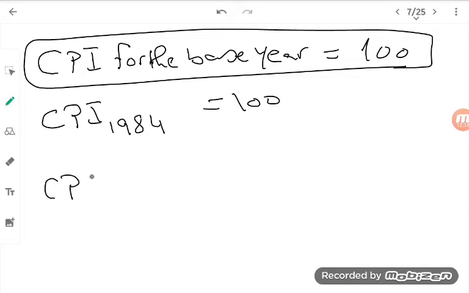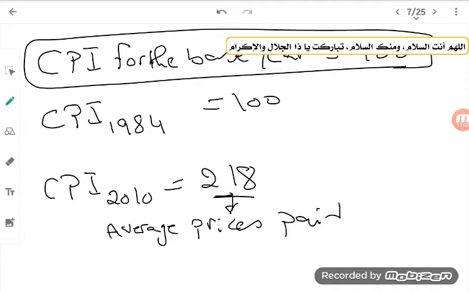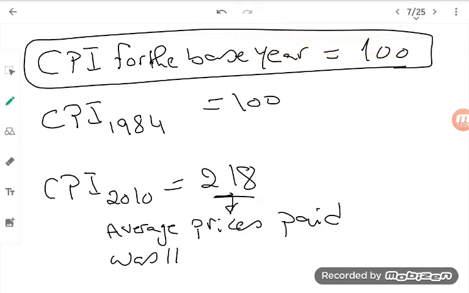And CPI in 2010 is 218. This means that average prices paid by urban consumers was 118%